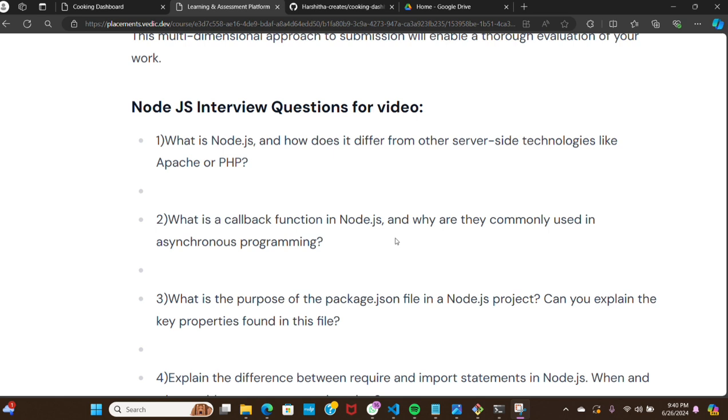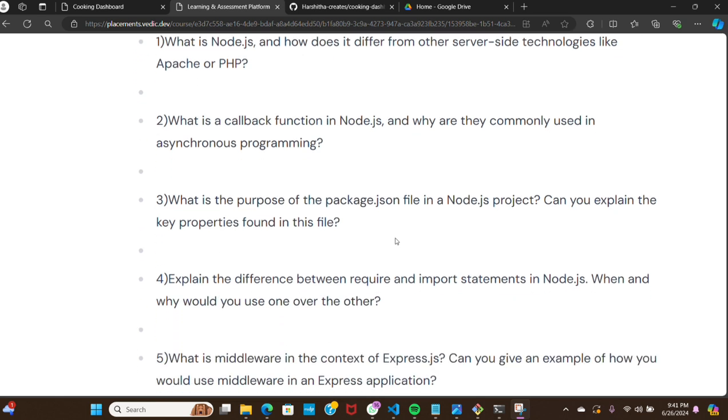reads or network requests. Third question, what is the purpose of the package.json file in a Node.js project? Can you explain the key properties found in this file? So my answer is the package.json file in a Node.js project serves as a manifest that holds metadata about the project